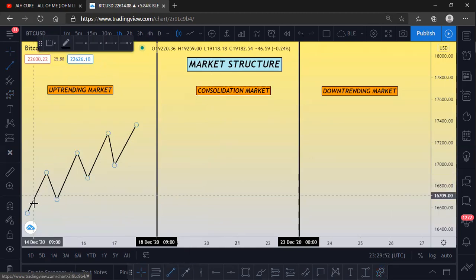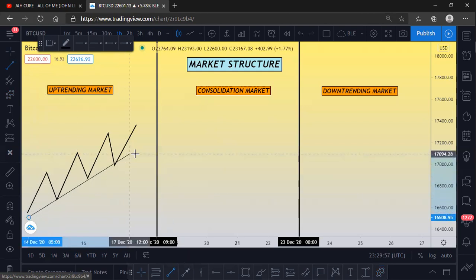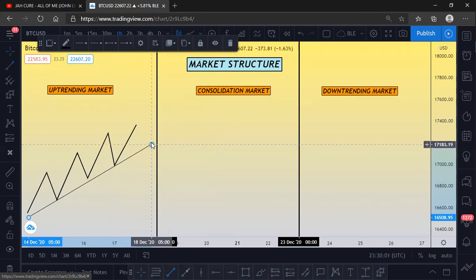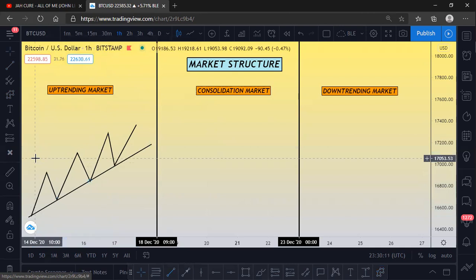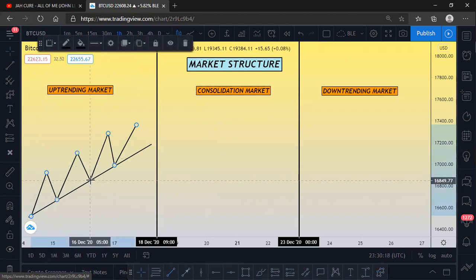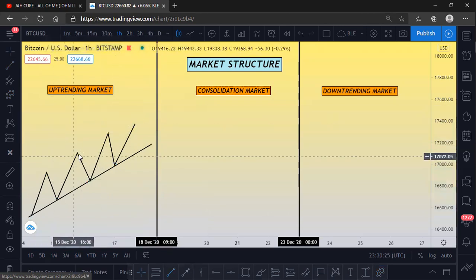Yes. Okay, and if we draw our trend line, we can see that price is hitting our trend line and bouncing off it. See how we have that. But in a real market scenario, it's not going to be this perfect. I'm going to show you, but this is just an overview of an uptrending market, right? If the market is going in an uptrend, you want to see it creating new highs, okay?